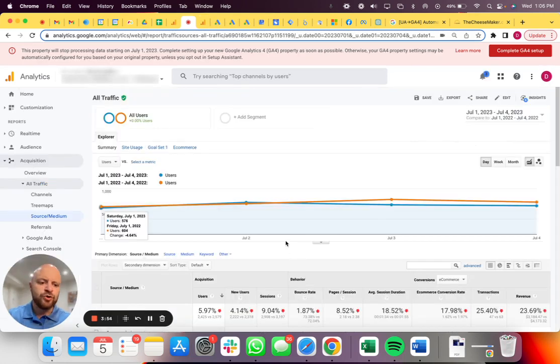All right, now we're in Universal Analytics for the same client. Note, I am looking at July 1st through the 4th versus July 1st through 4th of the previous year. And I got the banner up here, July 1: we're not processing data anymore in Universal Analytics. Here's the funny thing, though. They are. Why are they processing data? They just told us they weren't, but they are.